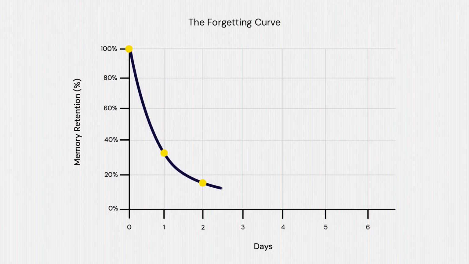Then day 4, it'll drop down to 8%, and then it will start to bottom out with this exponential decay function. Those percentages are all going to be dependent on the type of material that you're learning, how much background you had on it, how relevant it is to you. A ton of different things, but in general, this curve points out to us as human beings how quickly and how rapidly we lose information.